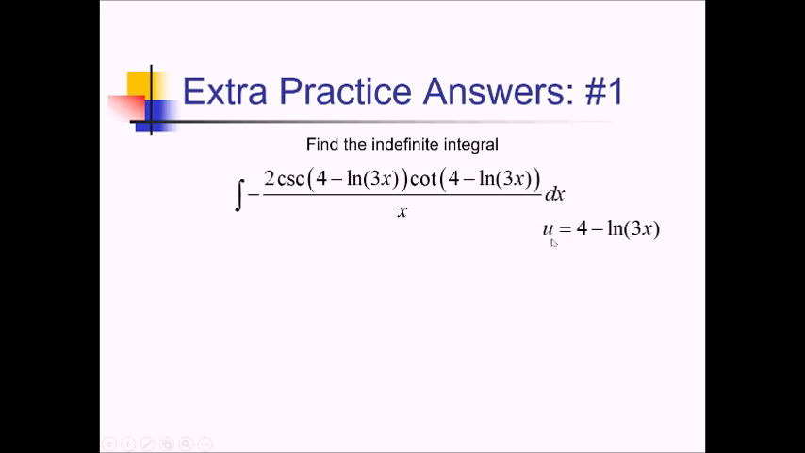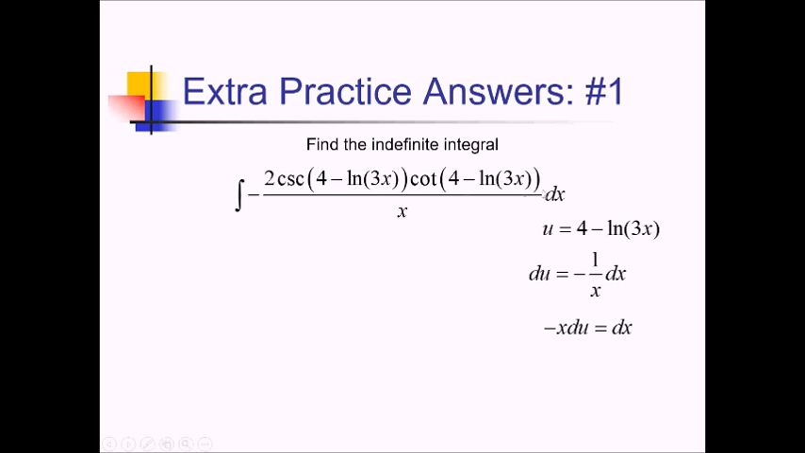And then du, the derivative of that, is going to be, well, let's see here, derivative of 4 is 0. And this is going to be negative 1 over 3x times the derivative of 3, so negative 1 over x dx. Multiplying to get that stuff over to the other side and isolate dx, we have negative x du being equivalent to dx. Plugging all that back in now, we've got negative 2 cosecant of u, cotangent of u, all that